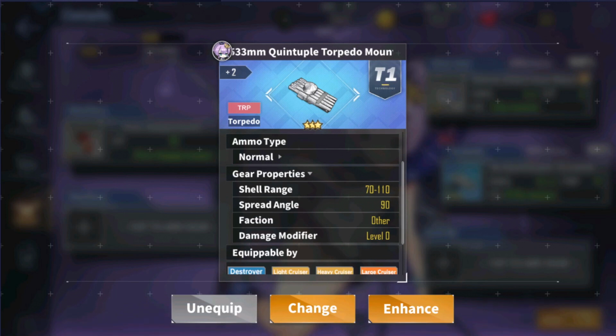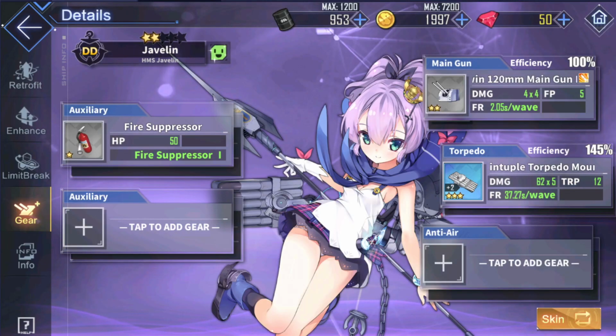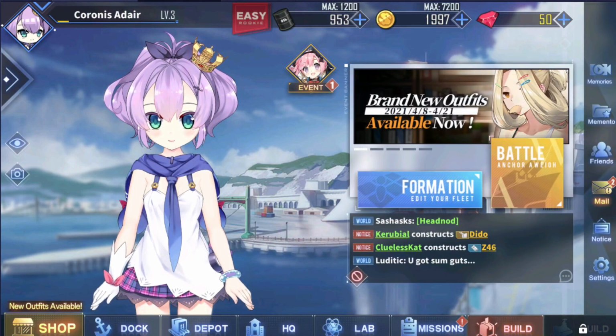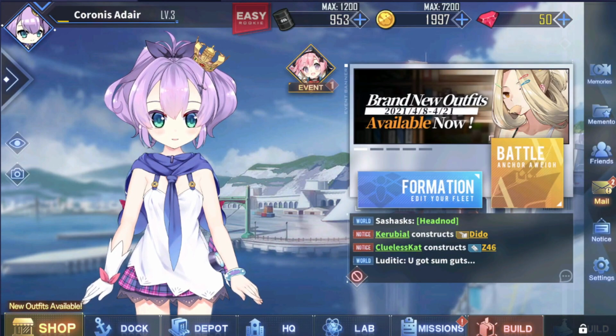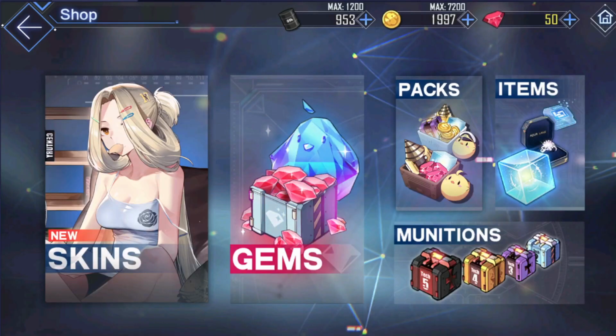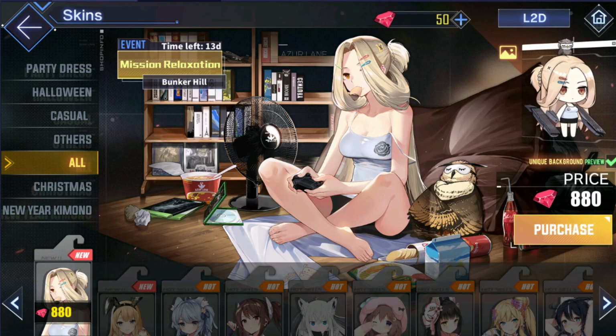Not really something you need to worry about at the early stages of the game. So, moving along. Shop. Here in the lower left is your cash shop. Azur Lane mostly finances itself by character skins. All right, you can buy various outfits for your ship girls,